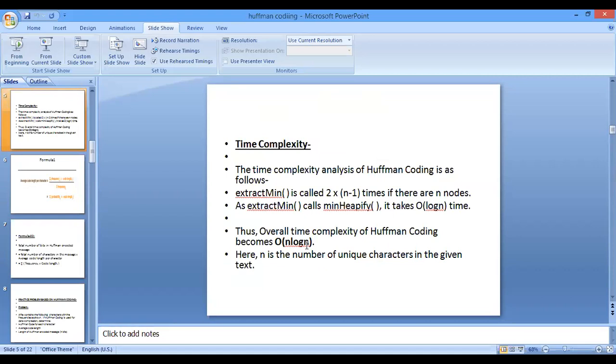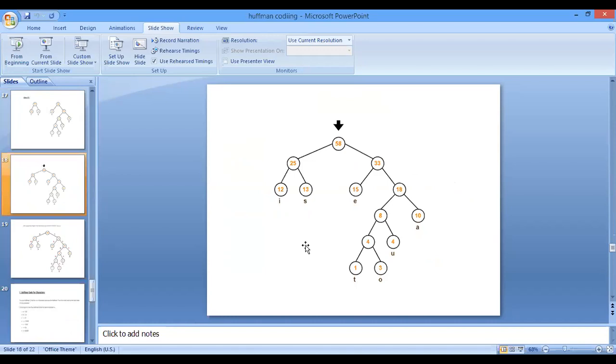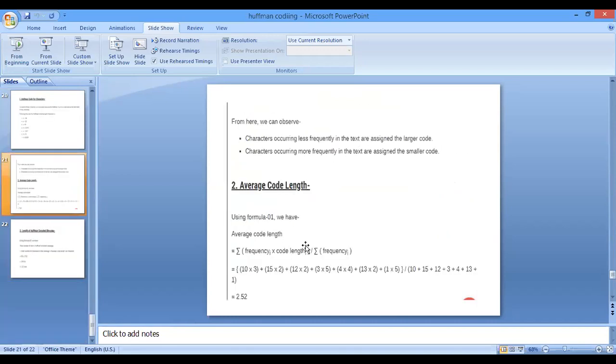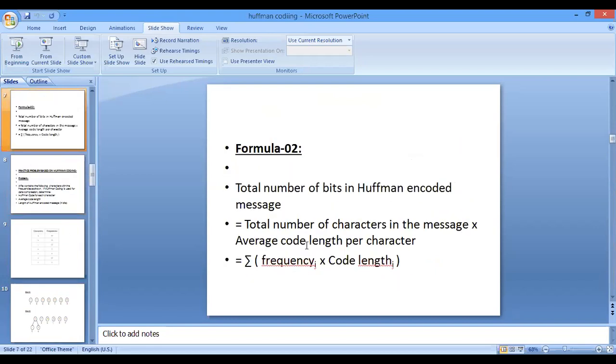Okay, so this is your time complexity of Huffman coding, and this is the example, and using all these steps you have to solve the example in your exam also. You have to create the heap tree step by step. If you directly create the whole heap tree, you will get marks accordingly. You will get only 1 mark or 2 marks. But if you show all the process step by step, then you will get the full marks. Okay. So this is about Huffman coding.